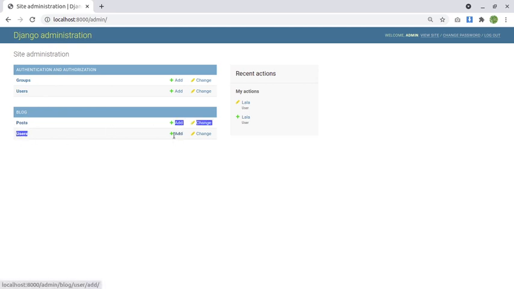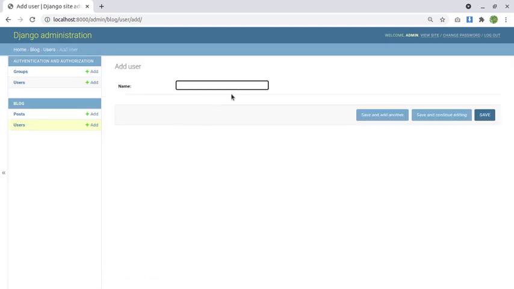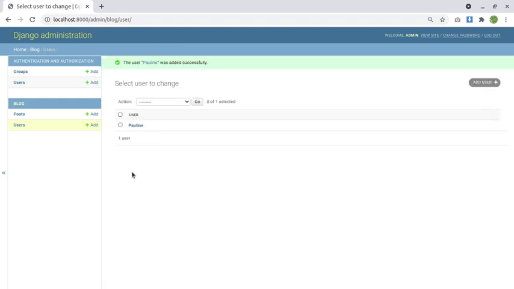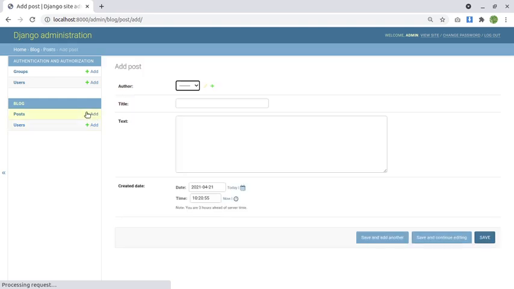To add a user, I'm just going to add the username field. Let me say Pauline. Then save. So I have a user called Pauline. But when it comes to post, there are so many fields. So I have the author. They ask me to select, is it Lala, is it admin? So I'll select